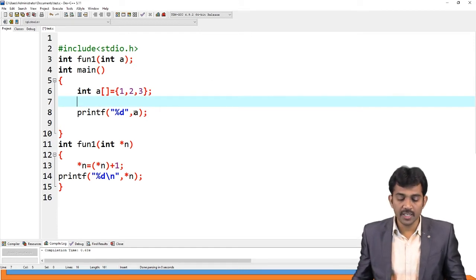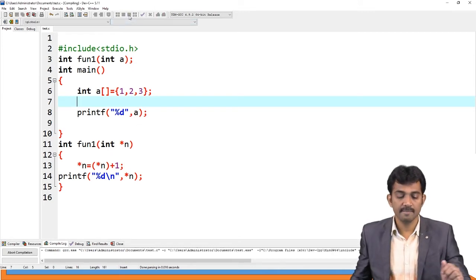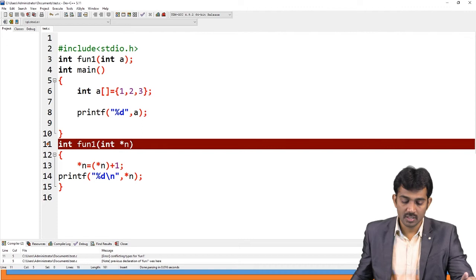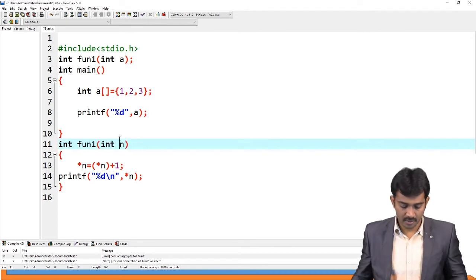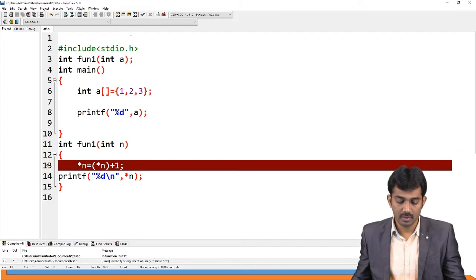See, here, with an array, I want to know one thing. If I try to print A, what is the output? Please check it. It shows: invalid type of unary star.